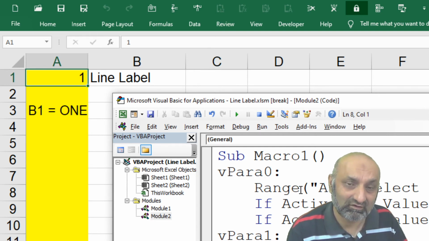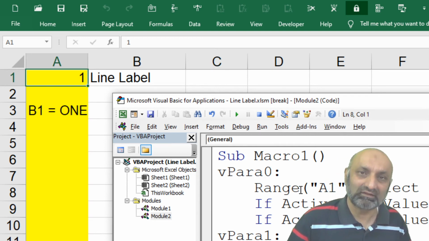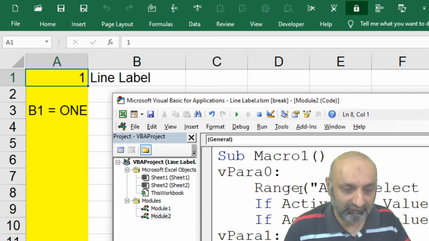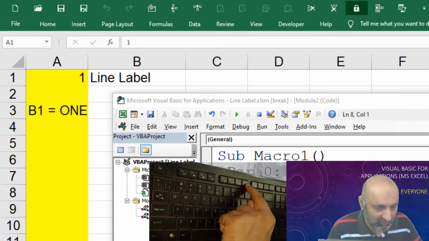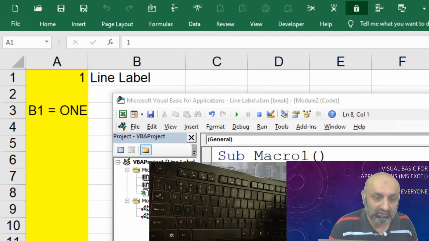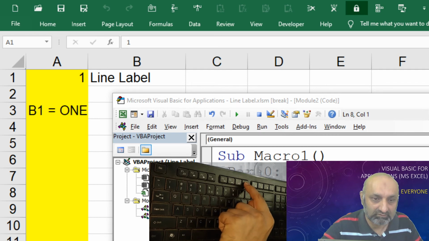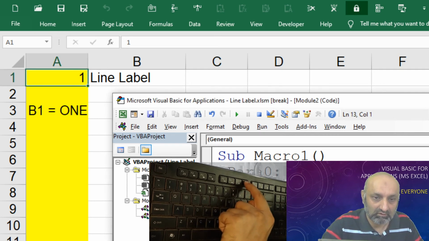Again there is another GoTo command. Go to para3. We are jumping the para with F8. And it jumped to End Sub and this is closed. Now you can see the macro.